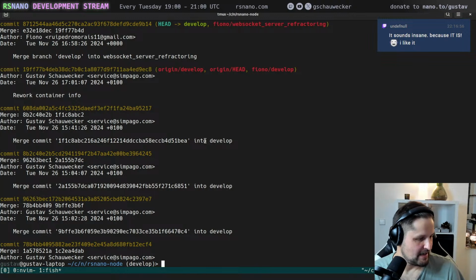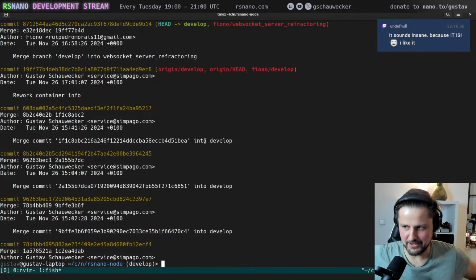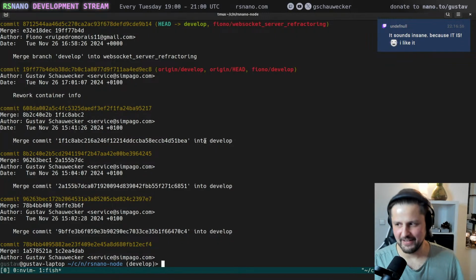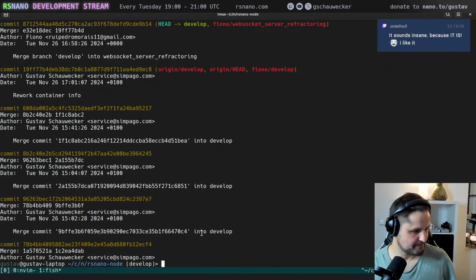And the flower says, it sounds insane because it is. No, there are people out there who do their day job with test-commit-revert, TCR. And I've watched some videos on YouTube of people who work like that. And I think I want to try it out, maybe here on stream even, because I'm a big fan of working in small steps. And this just forces you to go in very small steps. Because every mistake you make and boom, your code is back to where it was. And all of the changes you made are gone. And you don't want that because that's annoying. So you have to go in really small and safe steps.